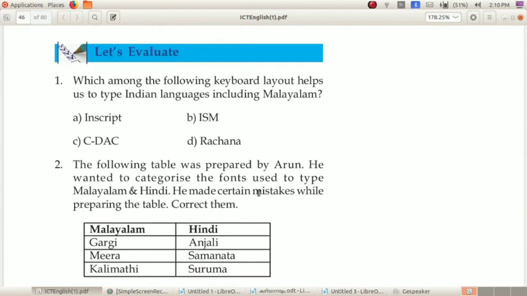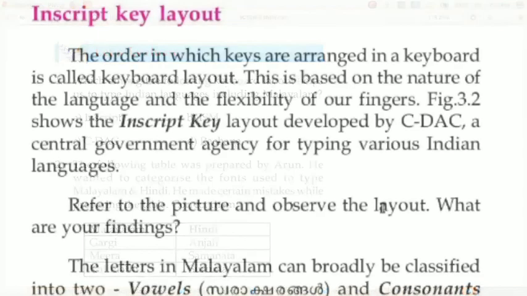Let us evaluate. Which among the following keyboard layouts help us to type Indian languages including Malayalam? Can you say? InScript, ISM, CDAC or Rachana?